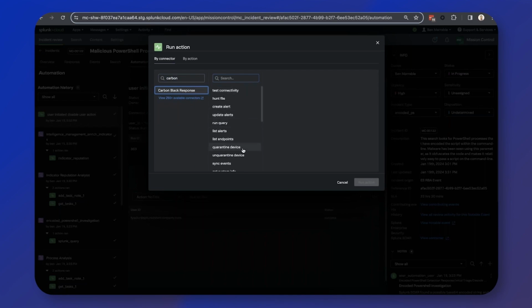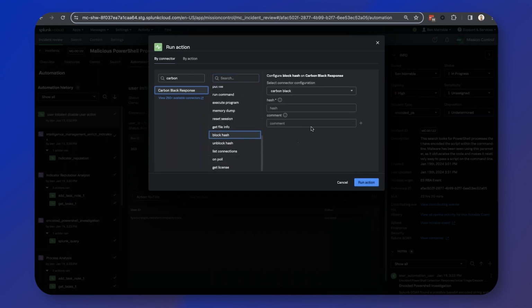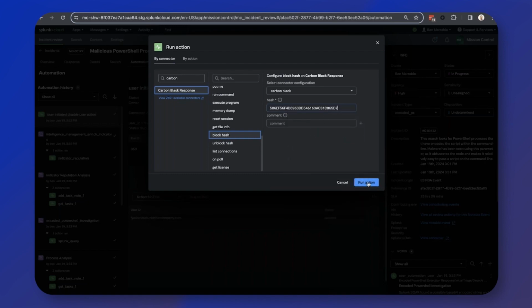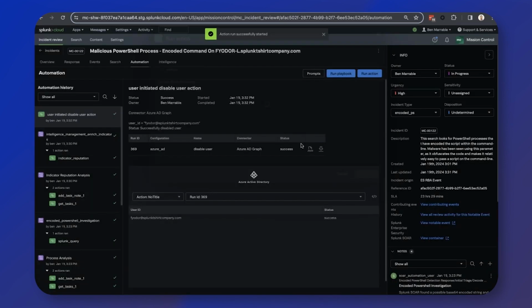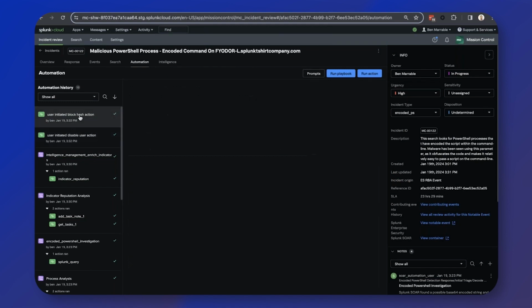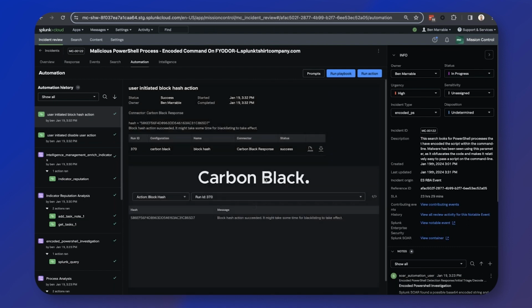We might want to just quarantine, just block any of those hashes from running. So if we have a look at block hash, we can grab that hash from the results and paste that in, and that could be a hash that we want to block as well. So we go ahead and run that action, and then again you can just see the results of that with the tick. Click on it and it will go into detail around that's actually gone ahead and been successful,